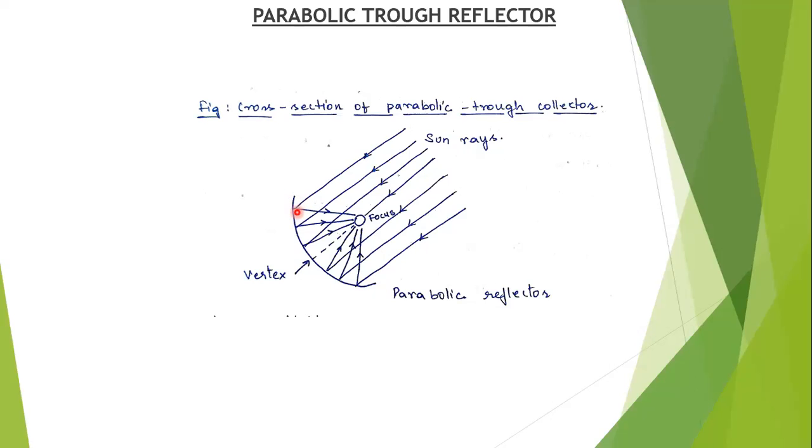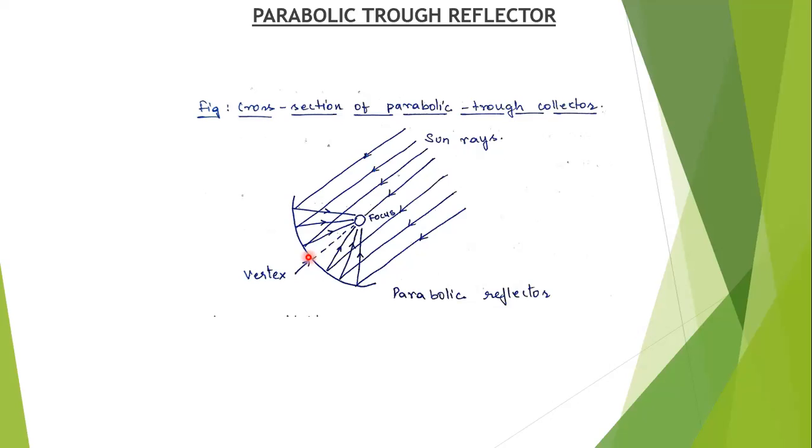A number of strips means it is not an even surface. It is called laminated like that. So a number of reflector plates are collected to form this shape. Solar radiation is brought to a focus by the parabolic trough reflector. All the solar radiation is brought to a focus by the reflector, and the main drawback is it has to be oriented in the sun's direction.